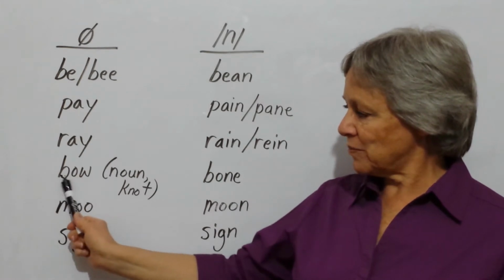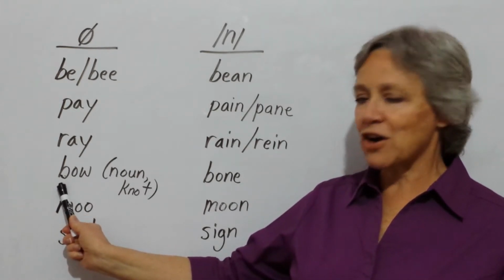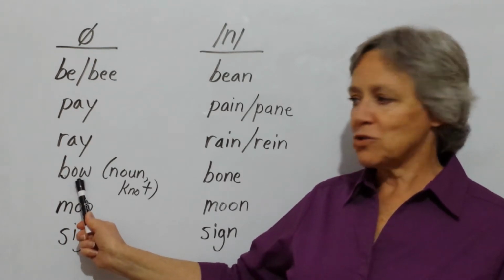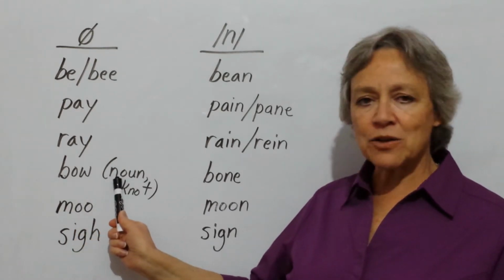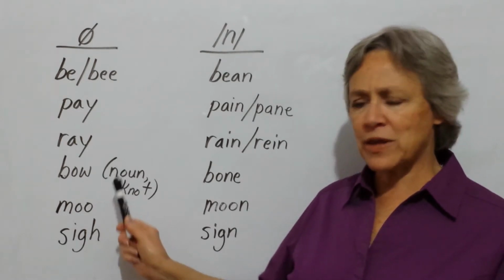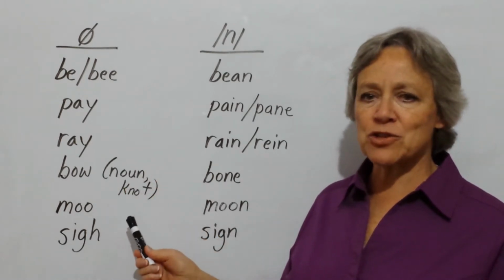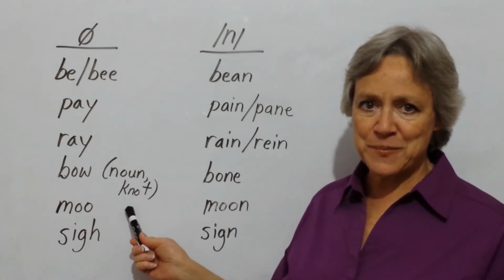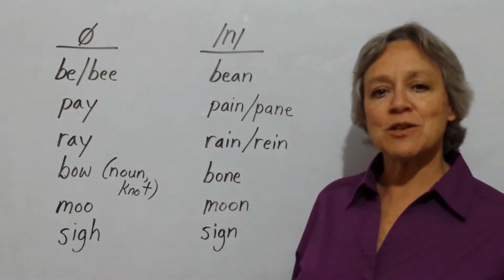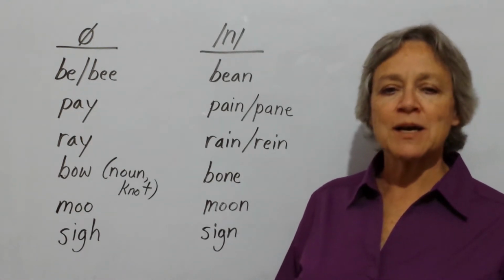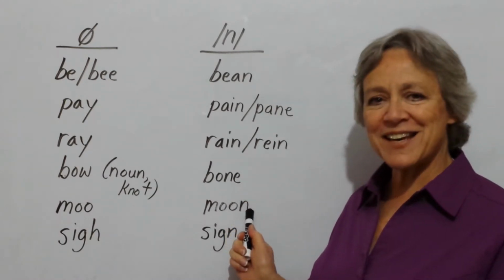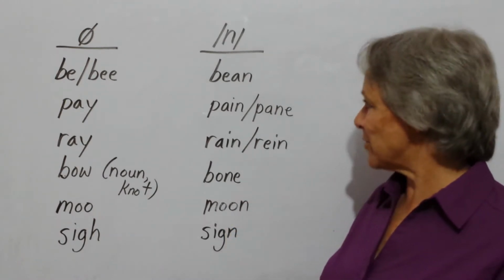And this word, actually, there are several words that are spelled like this, okay? So I've just put a couple of notes here to tell you that the word that I am pronouncing is a noun, and it's the word that means something similar to a knot, okay? So there are other words that look the same, but they're pronounced differently. So please practice saying these words with me. Please repeat them after me, and be sure to complete the sound in each of these words.